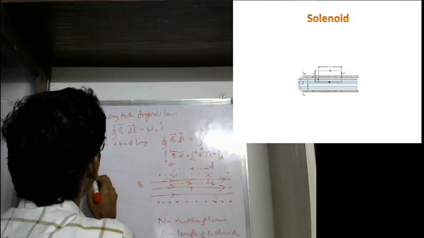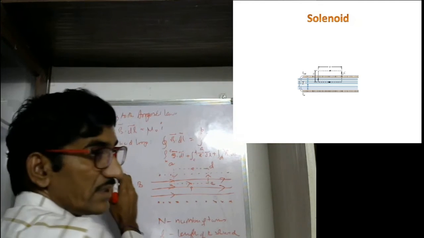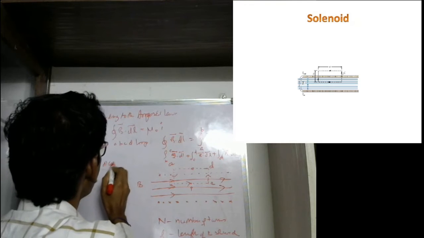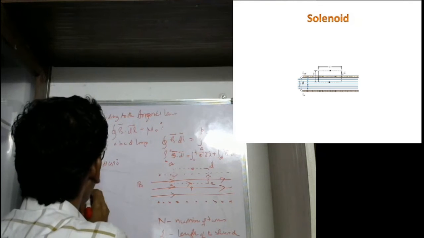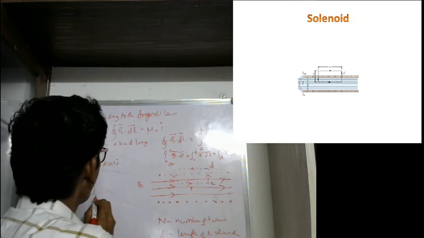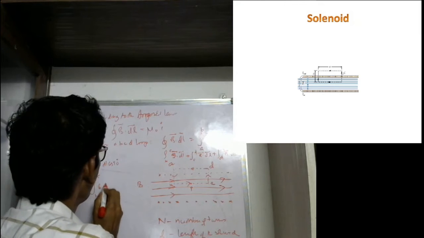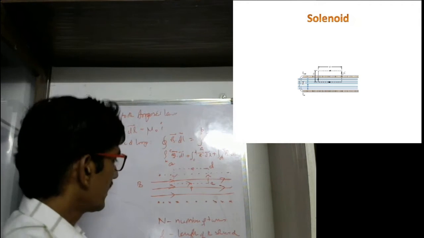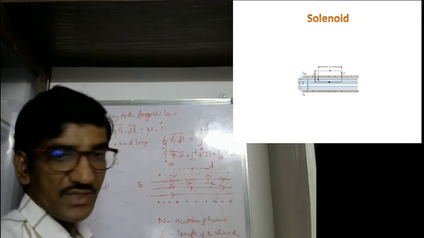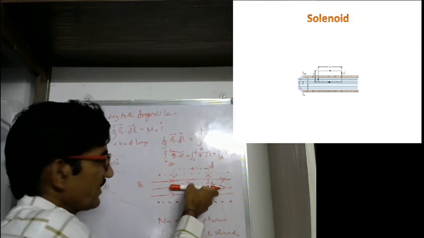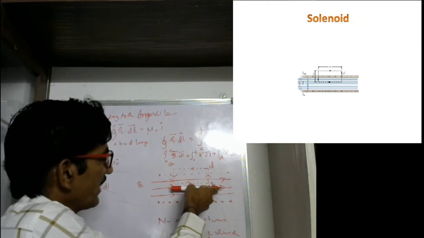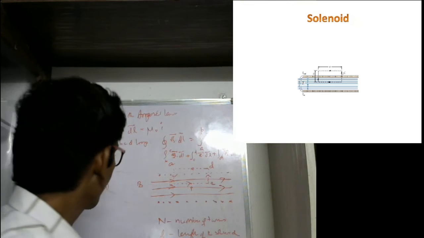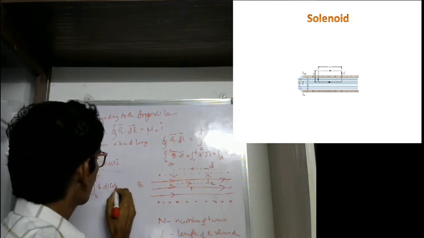So you have integral B dl cos 90, plus integral B to C. B dl means magnitude of B into magnitude of dl. Next I am going for the BC portion. You see here, this is the field line direction and this is the dl direction. Both are in the same direction, so this is cos 0.